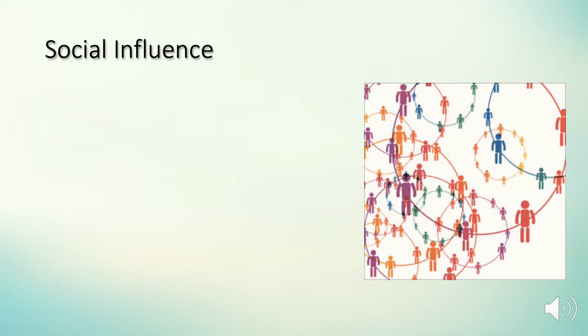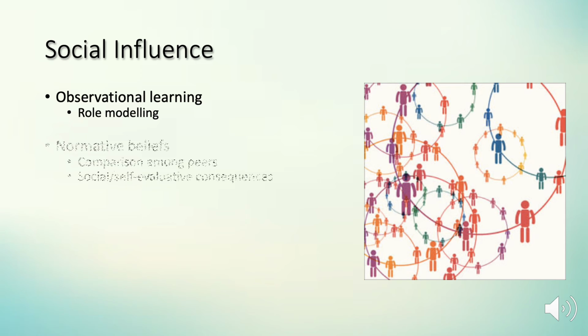Social influence is a fundamental category in this model since our behaviors are heavily shaped by our social worlds. Observational learning is a large part of social influence. People learn by observing behaviors and consequences. Because of this, role models in our social worlds often set the tone for our chosen health behaviors. Normative beliefs are the cultural norms and beliefs about the social acceptability and perceived prevalence of a behavior.